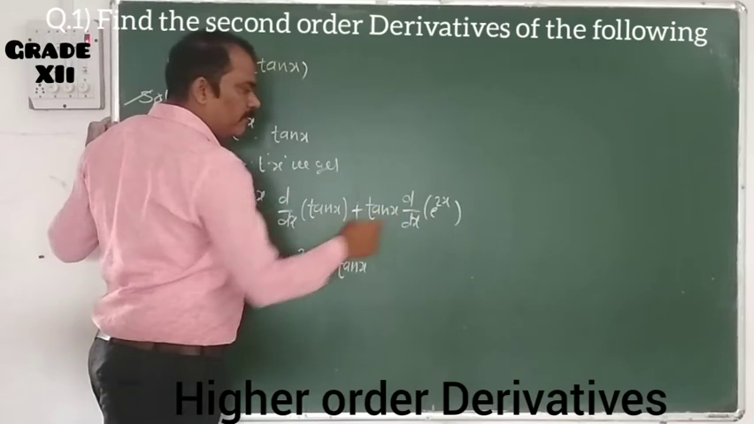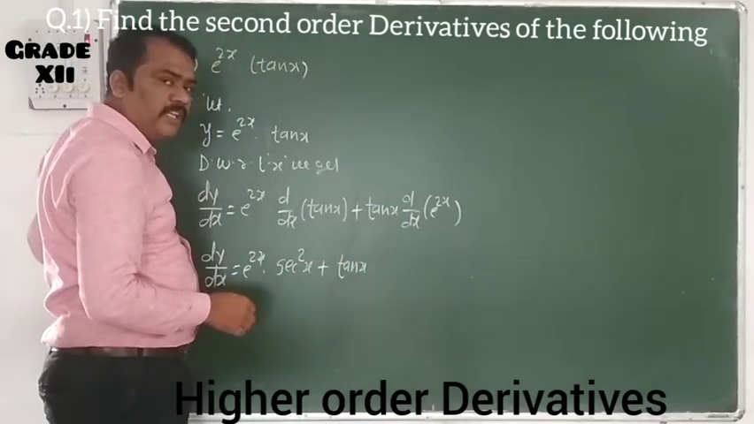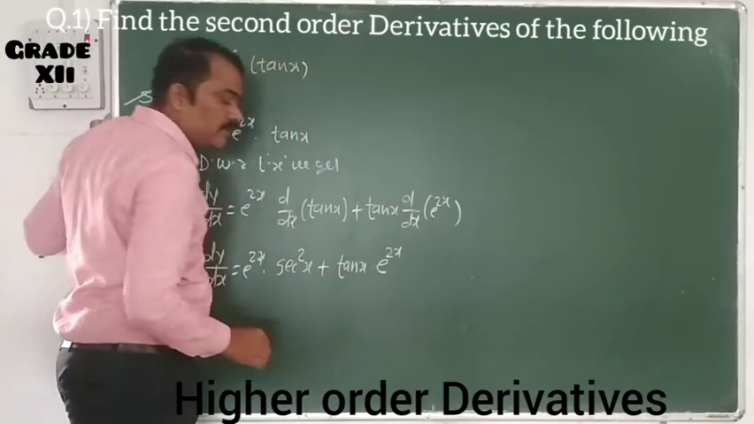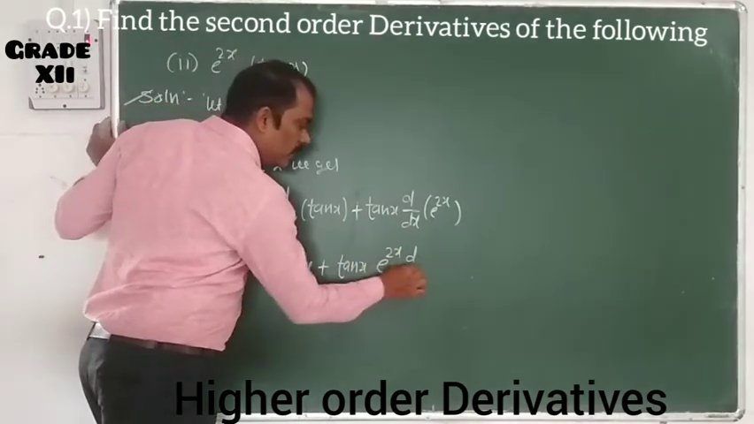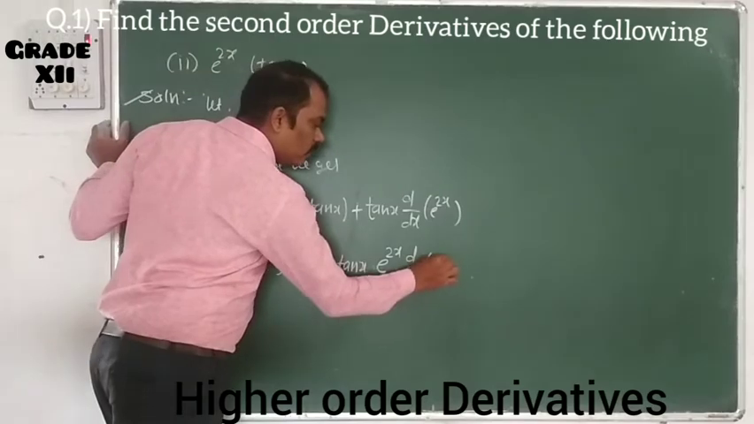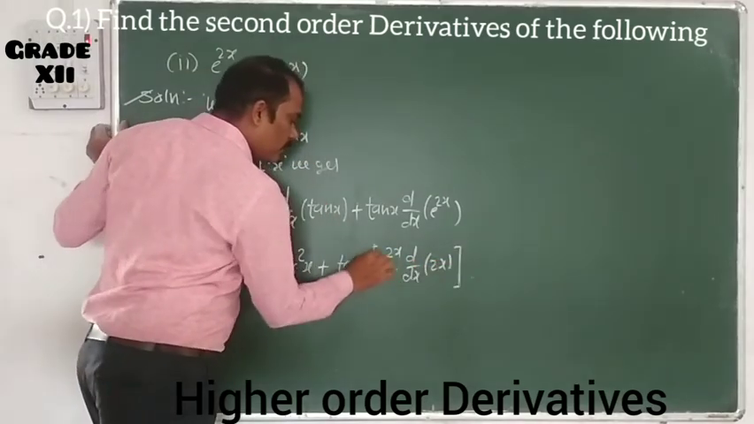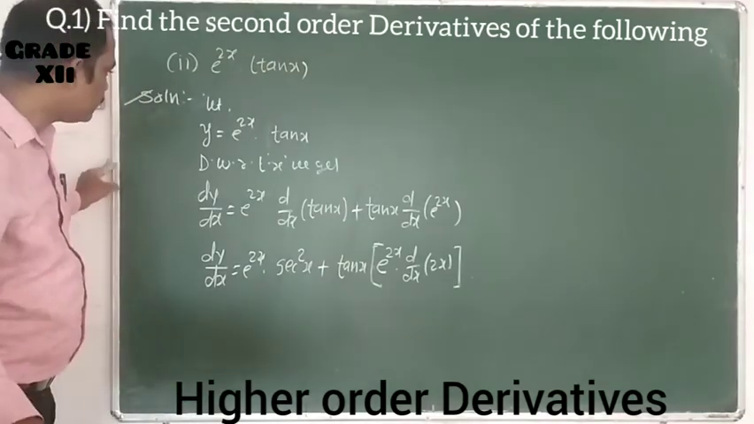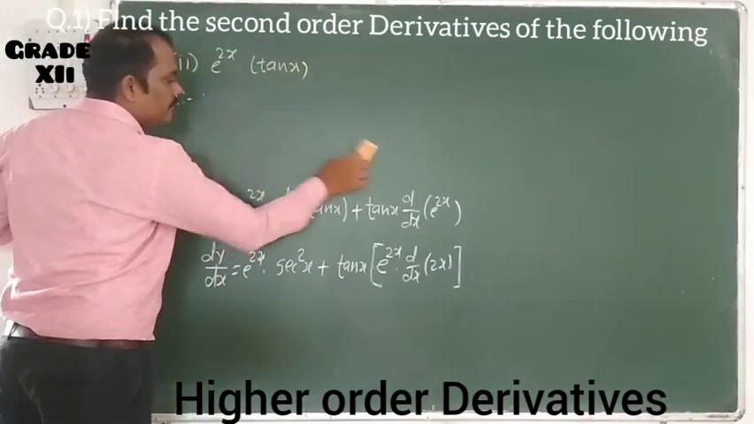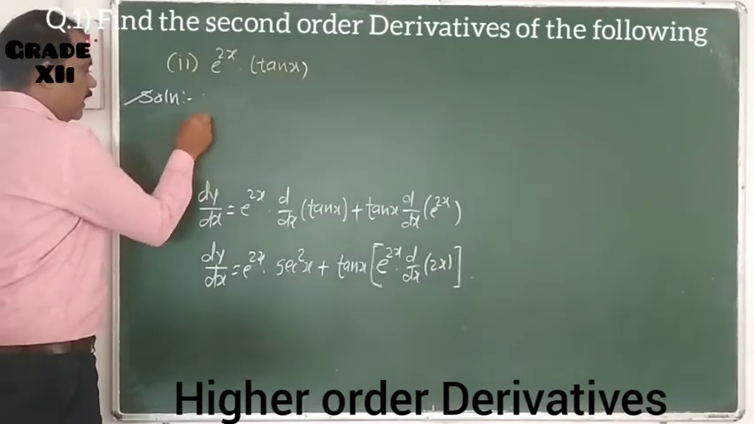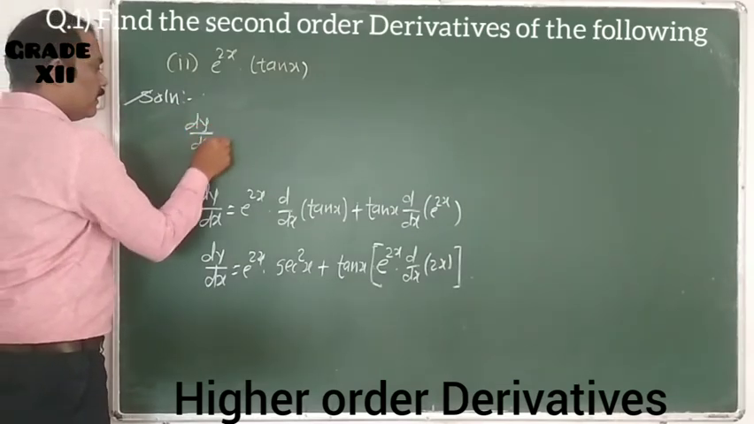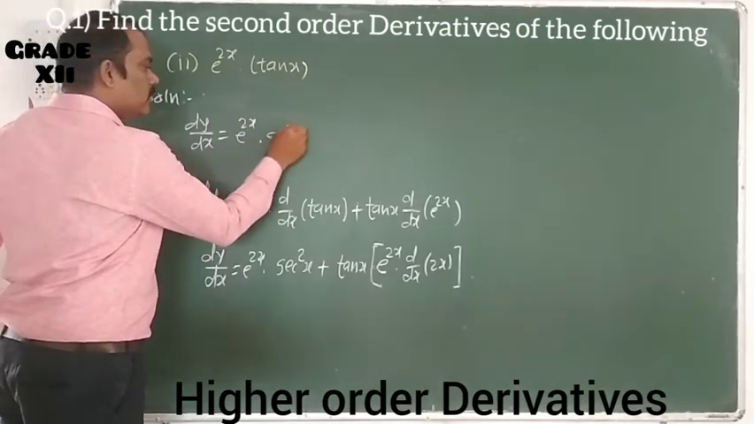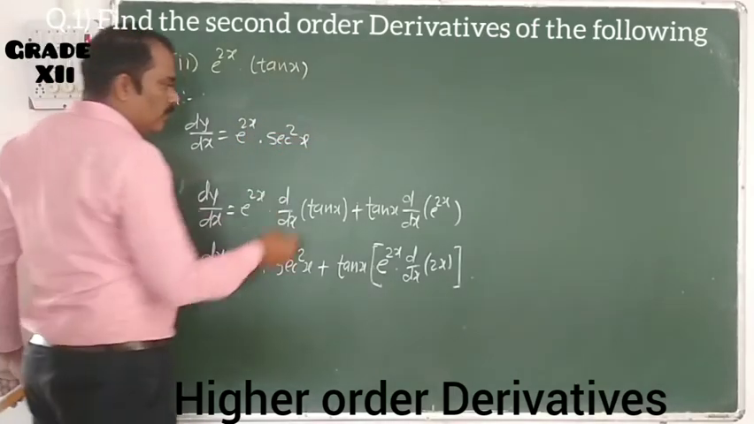Plus tan x into the derivative of e raised to 2x. First we have to take the derivative of e raised to x. What is the derivative of e raised to x? E raised to x; instead of x we use 2x, into d/dx of 2x. So dy by dx is equal to e raised to 2x into sec square x plus